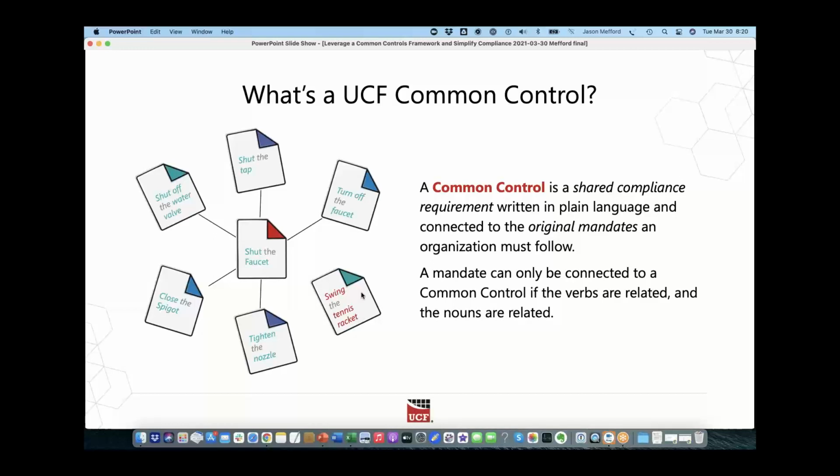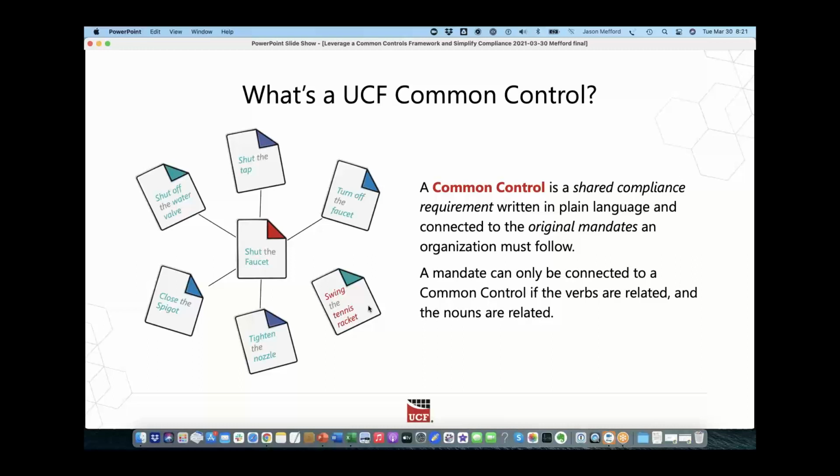Now, because of the process that we've gone through, we know that these 5 all can be linked back to shut the faucet. So instead of turning off the faucet, shutting the tap, creating separate controls for each of those, if you shut off the faucet, you are complying with those 5.